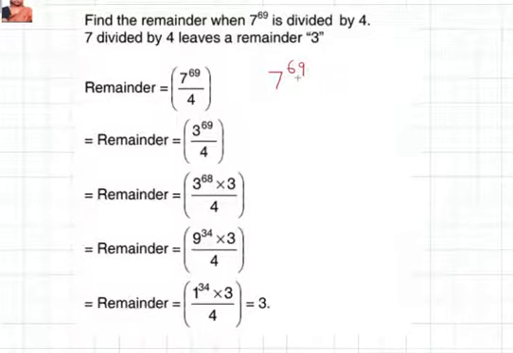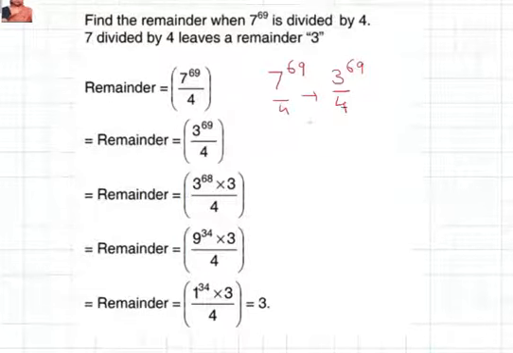When you're dividing this by 4, first thing is for the base, whatever you have done here, the same thing is going to be 3 power 69 by 4. Okay, and there are two different ways of doing this. One is going for the negative remainder, and the other method is going for the cyclicity. You can do it the same way as in the units digit. You just take 3 power 1 by 4.